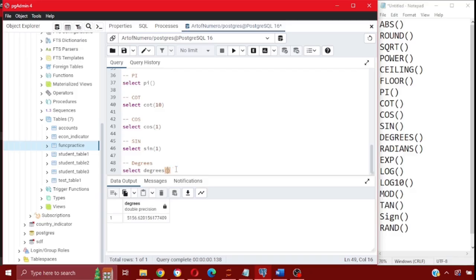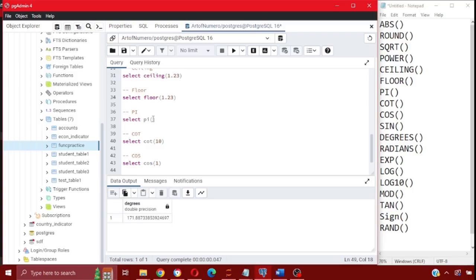So that's too long. The degree of the radian, for example, is going to be 3.14159, or let's say I just put 3, and I run this. You're going to get 171. And I think the degree of a pi is 180, and its radian is